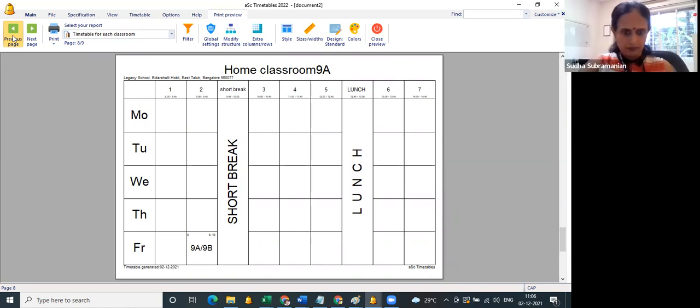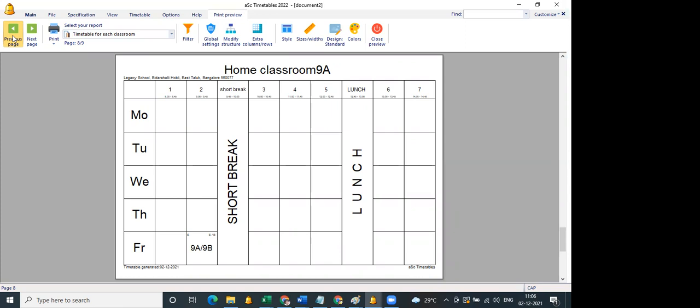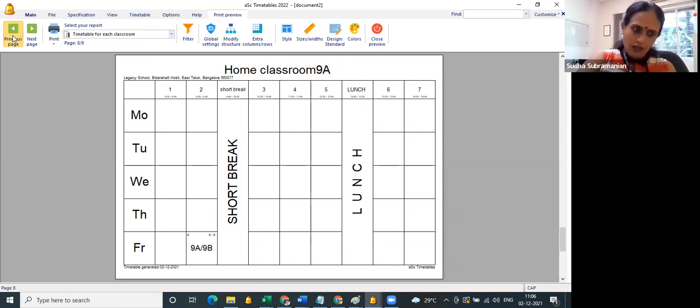So this is how you can utilize the classrooms. You will have to add separate classroom names, because your school has different classes. You remember in the first screen that you showed, the basic data that we need to keep ready in terms of a lesson, correct? Correct. The teacher name, the class name, and all.